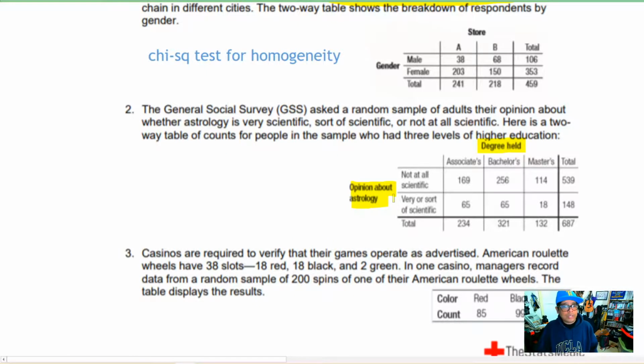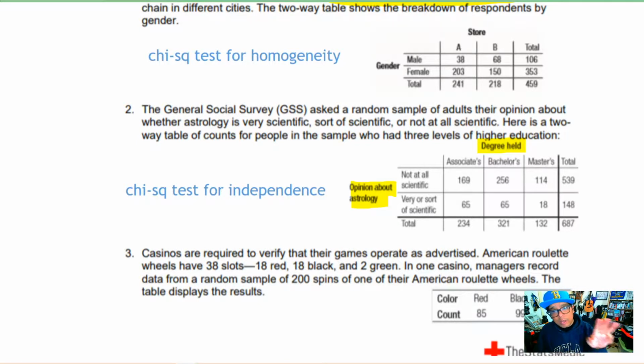Okay. So, to me, this looks like a chi-square test of independence. If this was going to be a chi-square test for homogeneity, we would have had one sample for people who have an associate's degree, another sample of people who had a bachelor's degree, and then another independent sample of people who had master's degrees. So that would be 3 different samples that we would have had to use. That's not what's happening. We just have one sample and we're classifying them according to 2 different variables. So the chi-square test for independence seems appropriate here.